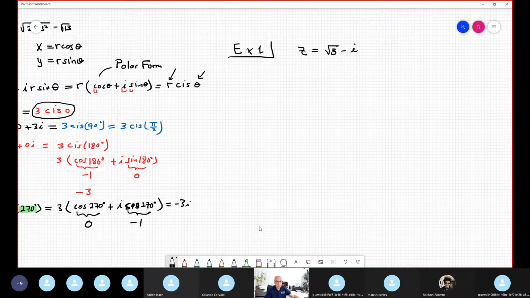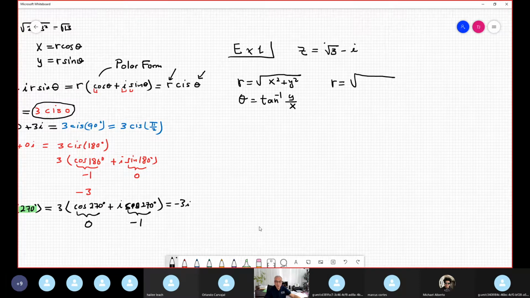I want to copy it one more time. r is the square root of x squared plus y squared, and theta is tangent inverse of y over x. In other words, theta is tangent inverse of the imaginary part, which is on the y-axis, divided by the real part. Okay, no problem. r, who is r? And our specific problem is